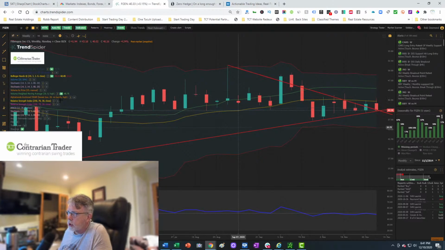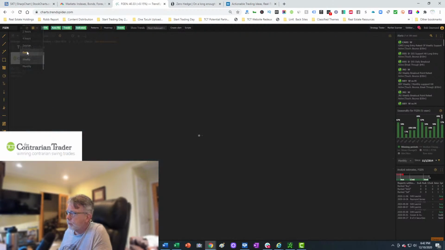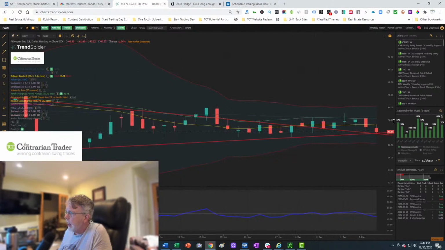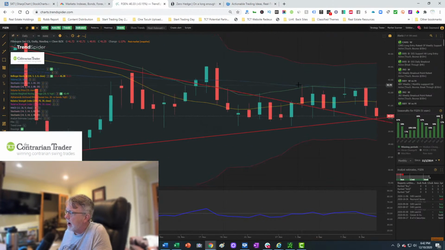So it's looking interesting. Let's go to a daily chart. I would not get heavy in the position right now. See how we bounced off of support today? I manually drew these lines, and it bounced off of that support level. So I think this could be bought. Nibble now, make sure it holds. Then when you begin to break out, you add more, because then the market's validating that you are accurate in your call.